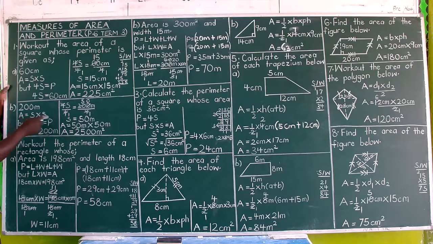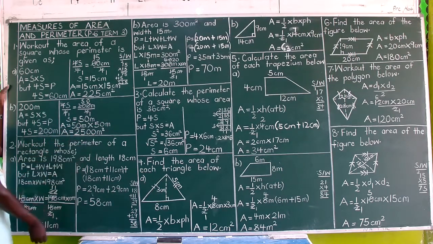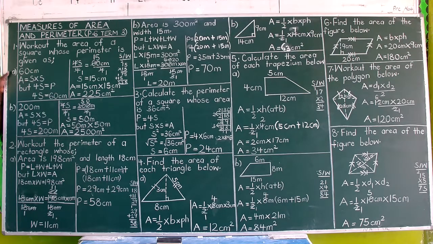And now we say area equals side times side, and each side is 50 meters. So we multiply those two sides: area equals 50 meters times 50 meters. 5 times 5 is 25, then bring the two zeros down, and meter times meter is meter squared. So area equals 2,500 meters squared. In multiplication, all the zeros come back. So 5 times 5 is 25, and then the two zeros, to get 2,500. Then meter times meter gives meter squared. So the answer is 2,500 meters squared.